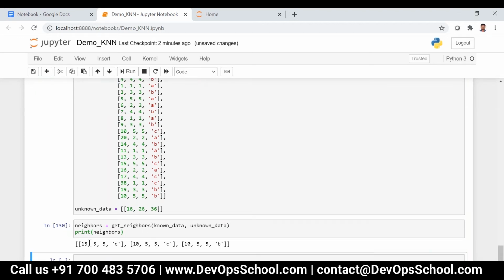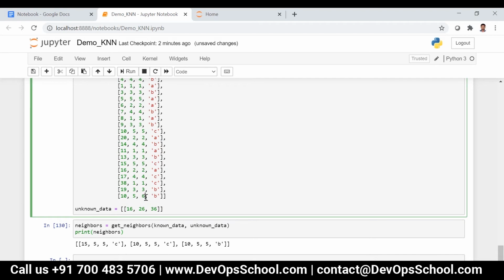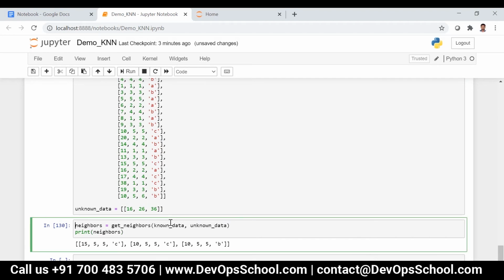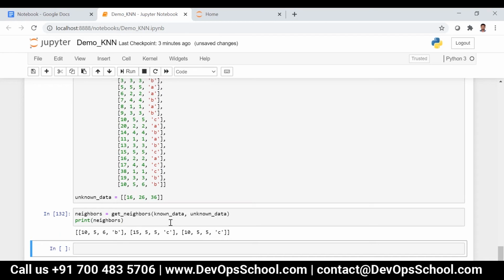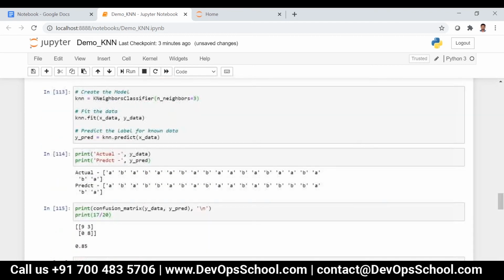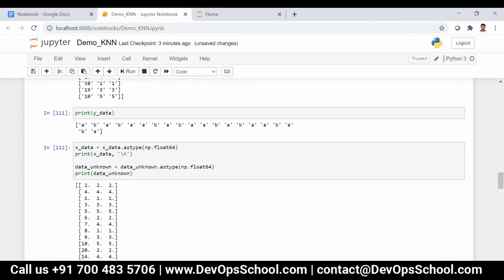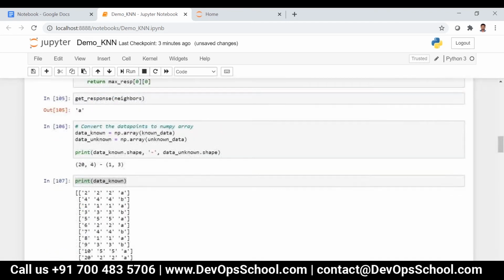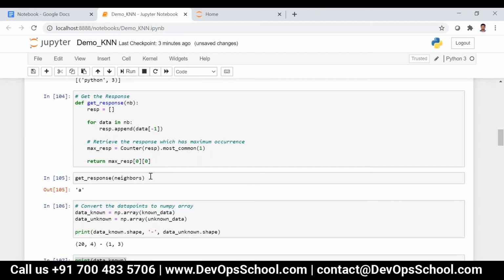Now you can see 15 5 5 C, 10 5 5 C, 10 5 5 B, something like that. Or let me say this is 6. Something like this. Now we are going to get the response. What is the function of response? Yeah, get response of neighbors.